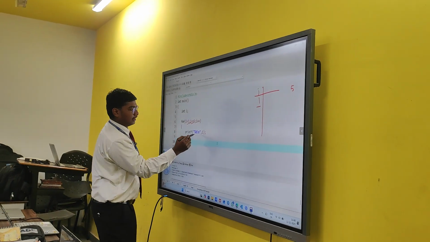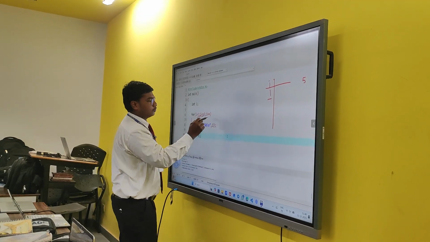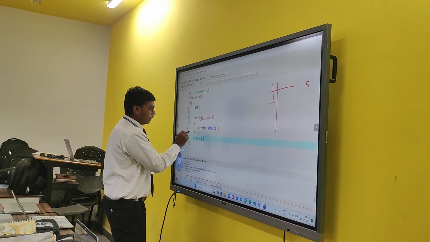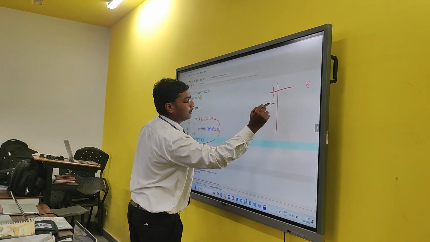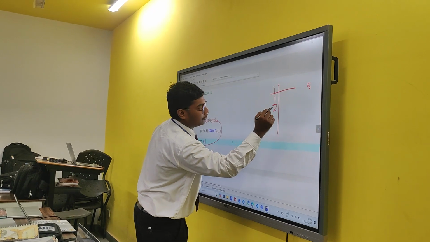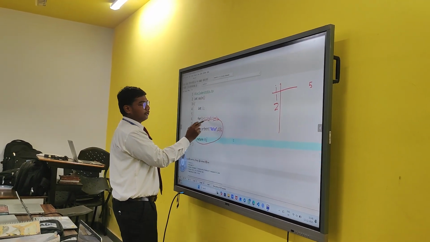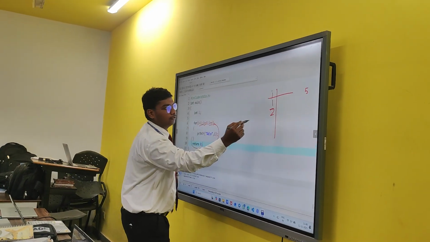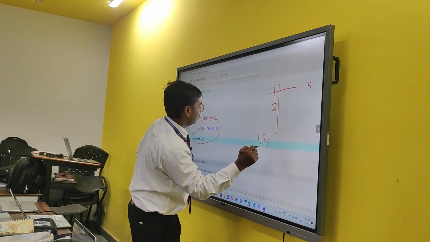After that, the loop returns to the body part, and here we use the increment part, that is i plus plus. Then the second value is 2. Here we again check that the value is less than or equal to 5. So 2 is less than or equal to 5, so it displays 2 on the screen.